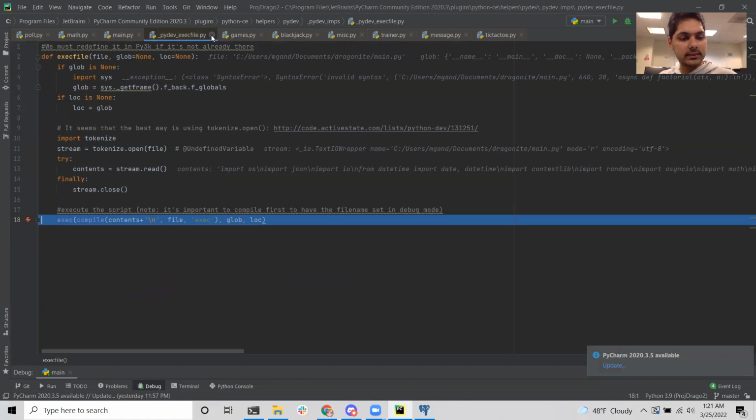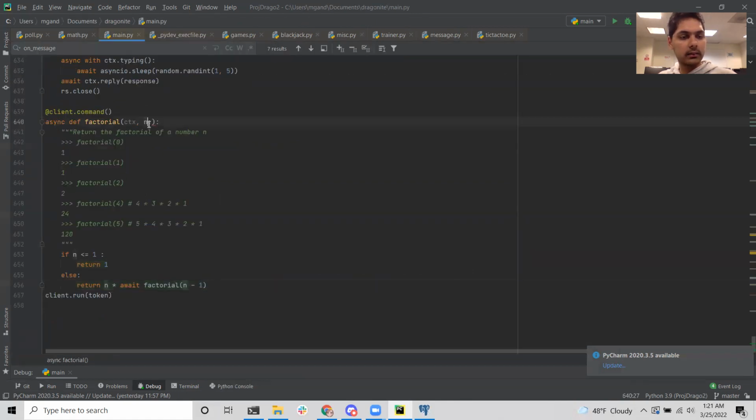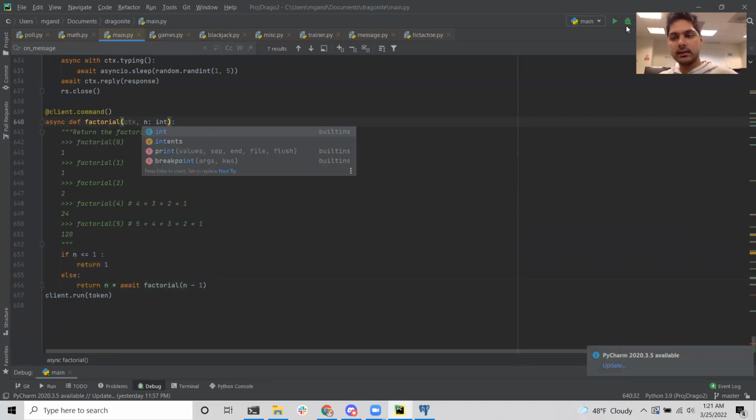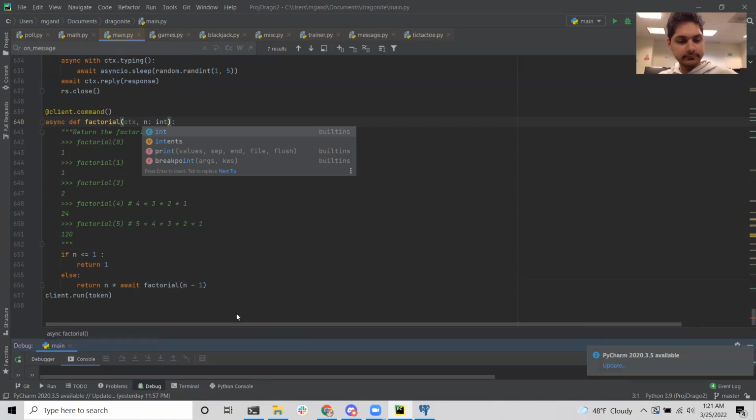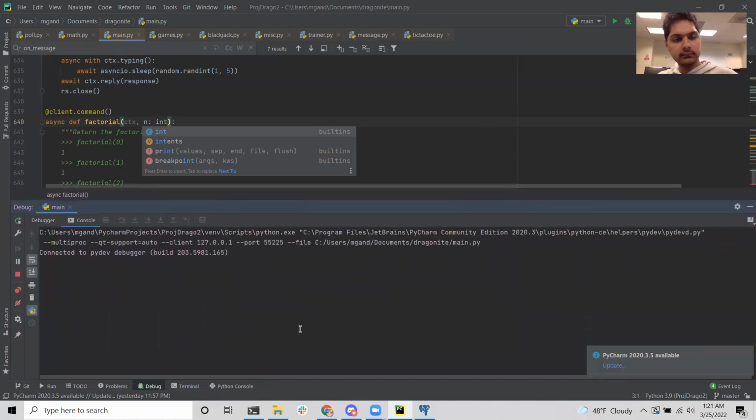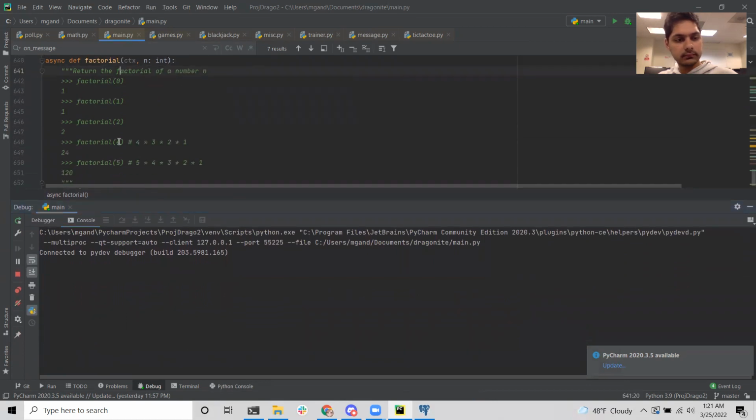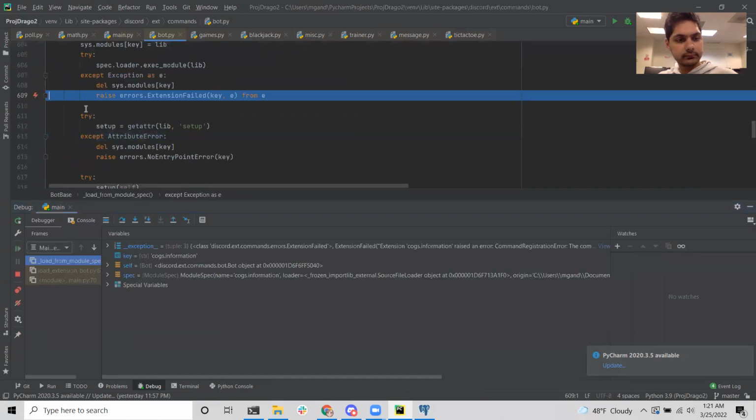Oh God, what is this? This is a compile error. I don't see that often. Oh my goodness, what is going on?